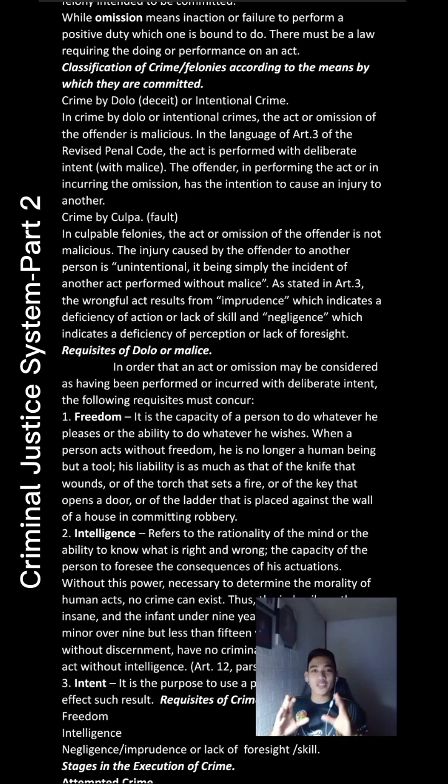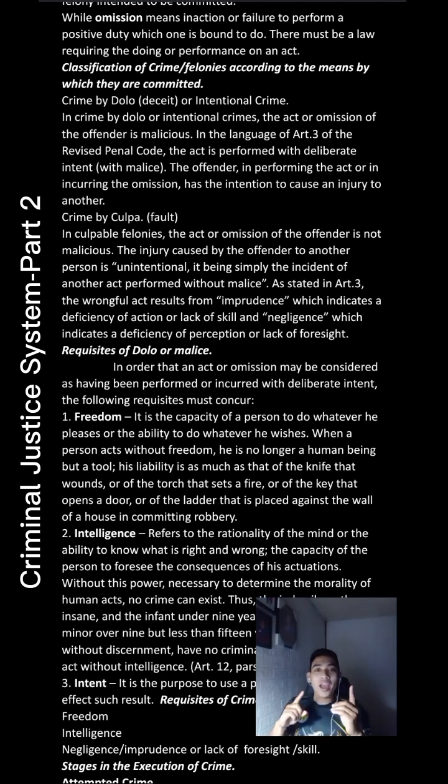This time, let us go with classification of crimes or felonies according to the means by which they are committed. First, crime by dolo or deceit, or what we call intentional crime. There is the intent. In crime by dolo or intentional crimes, the act or omission by the offender is malicious. There is malice, there is the intent. In the language of Article 3 of the Revised Penal Code, the act is performed with deliberate intent, with malice. There is evident premeditation, there is treachery. The offender, in performing the act or in incurring the omission, has the intention to cause an injury to another. So when it comes with dolo or deceit, there is the intent to commit a crime, the malice to cause an